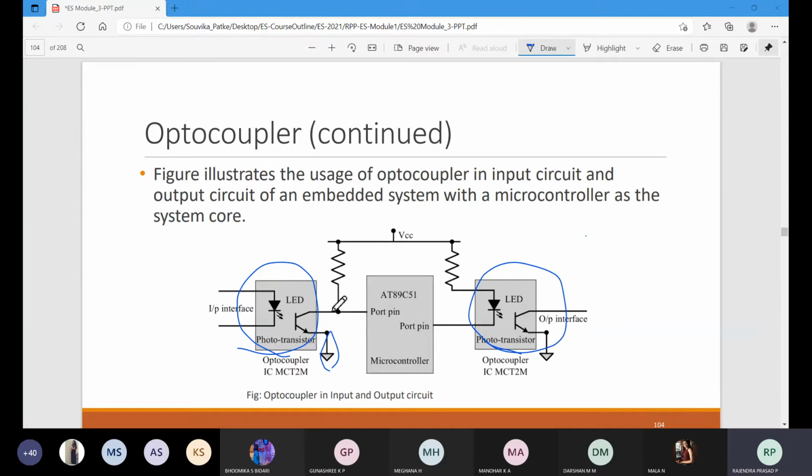So this is how you can interface optocouplers as an input and also as an output. Here the LED can be the input, and the output can be from the transistor part.